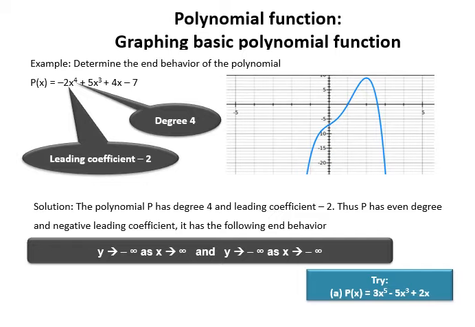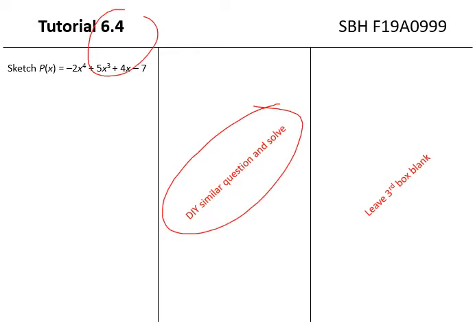Okay, this is how we sketch it in detail. Now you try to sketch this graph yourself. Oh, I'm sorry, it's the same thing. Okay, it's 6.4. Just now you did it right. This kind of sketching here. DIY a similar question and then you solve it. But